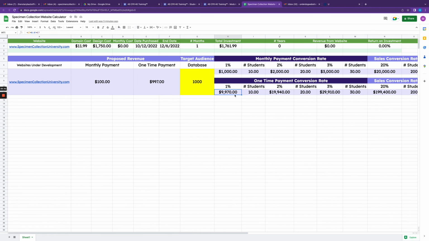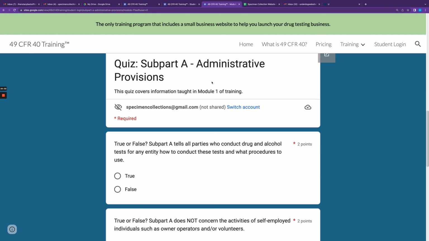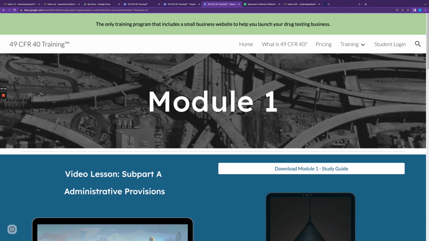But here's the thing that I want to make sure is very clear, and then I'm done. Once it's going, it's going. You don't do anything. Okay? It's done. Once it's done, it is done. So the only thing that you may need to do is to have a support email so that your students who are going through your training are able to ask questions.